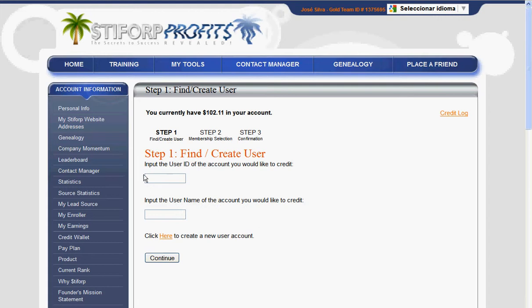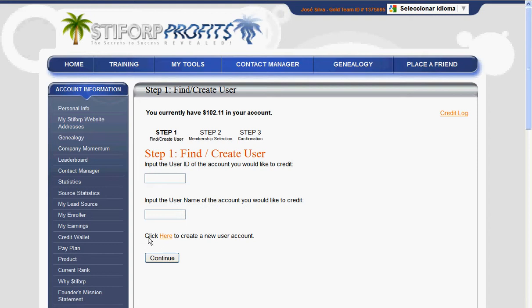You have two boxes in the first step. In the first box, input the user ID of the account you would like to credit, or in the second box, input the username of the account you would like to credit.